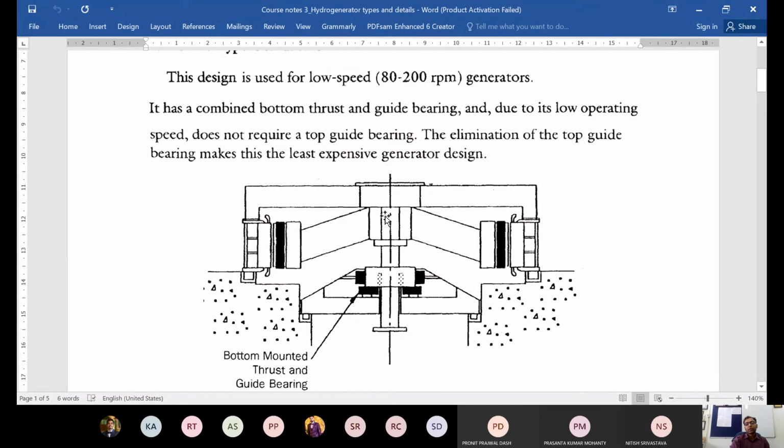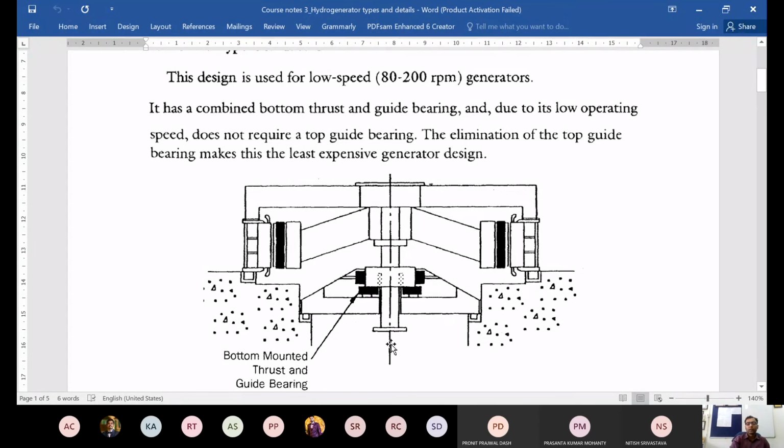In this, the central part here is the shaft. As all of you might already be aware, these hydro generators always have a vertical alignment. The turbine is below and the generator is on top of that, in one vertical column. Below this is the coupling, this shaft will couple to the turbine, which is not shown here because that is not our area of study. And this is the generator which sits on top of the turbine.